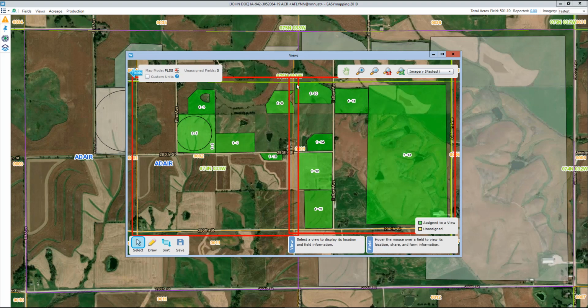So for example, if all these fields were unassigned, they had no views currently tied to them, and I wanted to add this pivot and this large field here as one view, I could click this field, and then create a view for just those two if you'd like. And so that's how that new functionality will work. But again, as of today, no new functionality, so we're just going to close it out for now